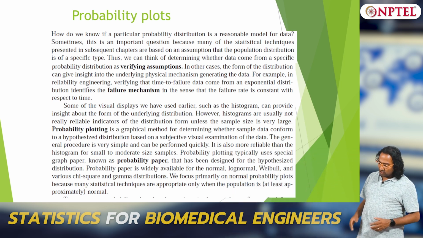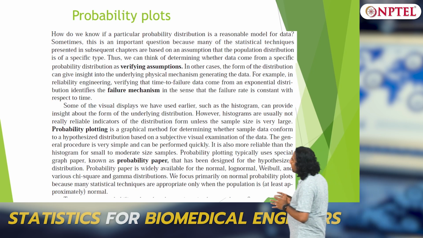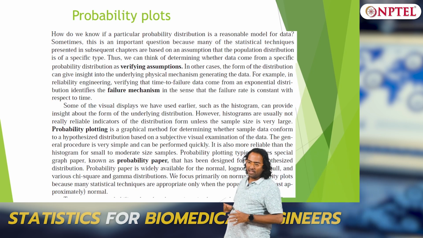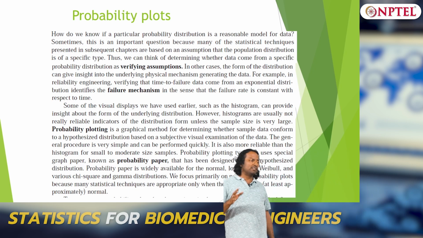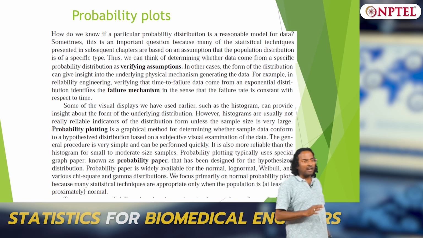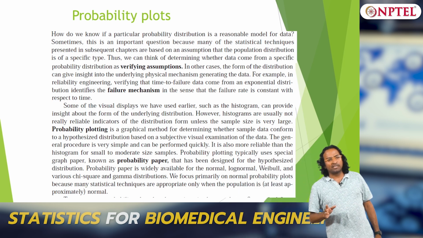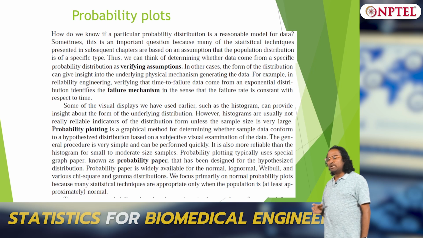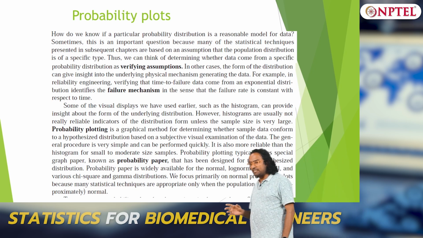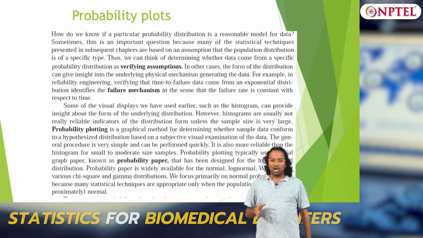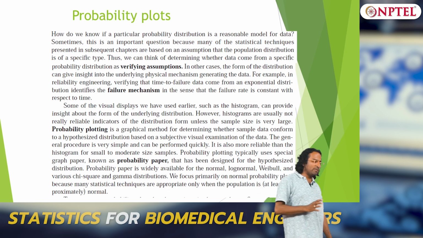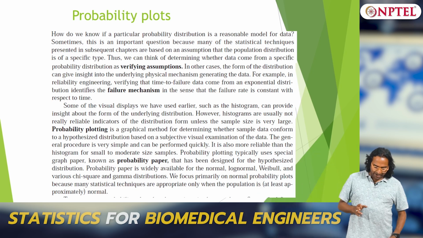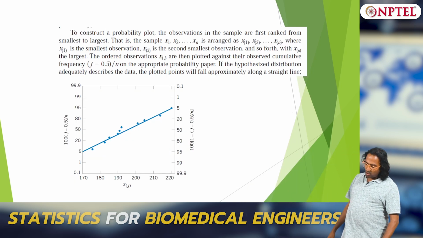So that is where you use what is known as probability plots. It is a visual way. There are also statistical ways to verify whether the underlying distribution is normal or not. Here we are not going to do that, we are going to use a simple mechanism to understand whether the underlying distribution is normal or not. It is called probability plots, using a simple idea.